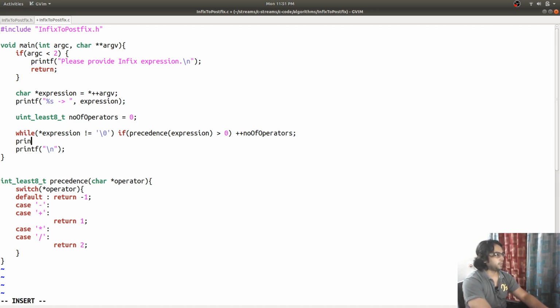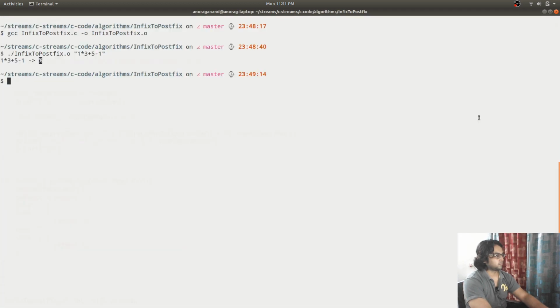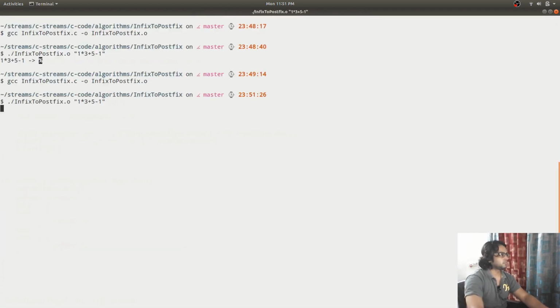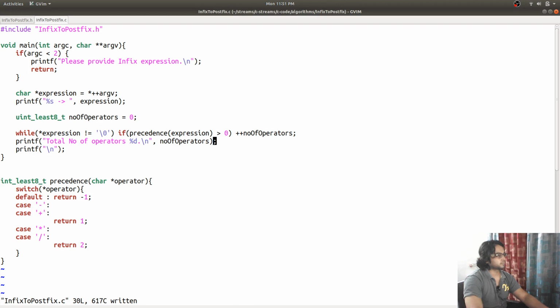And we have printf. It was going in an infinite loop.